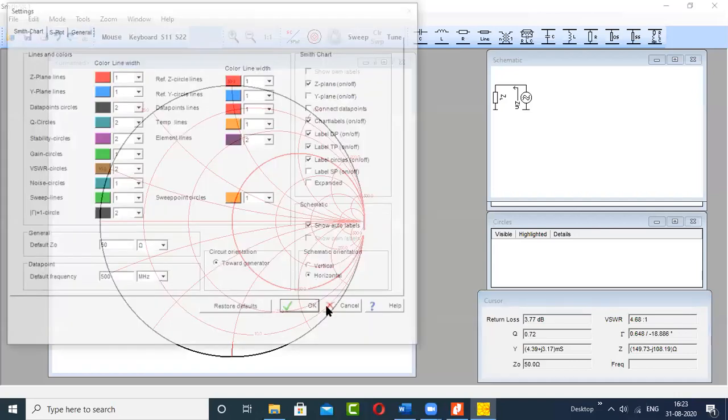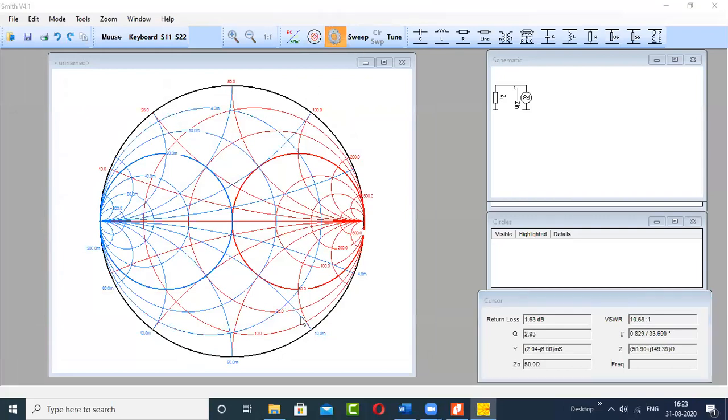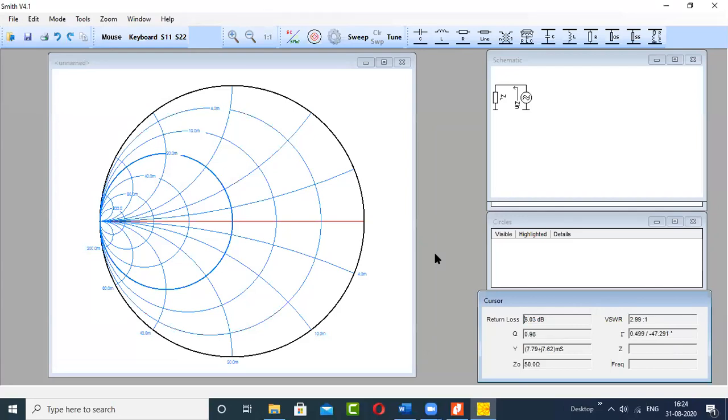So what I will do, I will select both Z plane and Y plane, and you can have the Z chart. One by one I said. Now it's a Y chart. So you can see that the difference between the Z chart and Y chart is that the Y chart is a 180-degree rotation of the Z chart only. If you see the difference between the two charts, the denser region has now shifted to the left side. But in the Z chart, this denser region is on the right side. If you rotate this Smith chart by 180 degrees, you will get the Y chart.